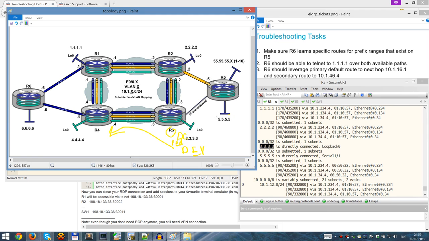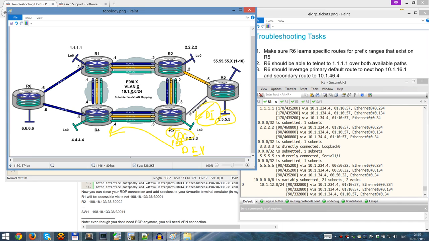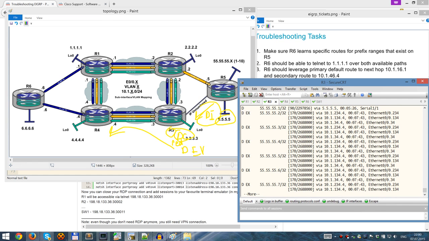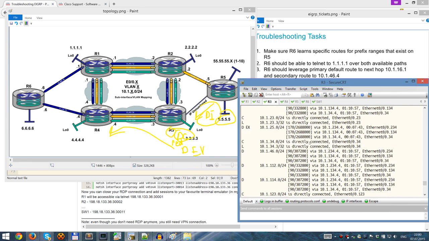Even though this IP address is advertised like the internal, on R3 there is a choice between the external and directly connected. So directly connected of course wins, because the administrative distance is 0 for directly connected, and for this one it is 170, so that's the reason. So if we remove redistribute connected,